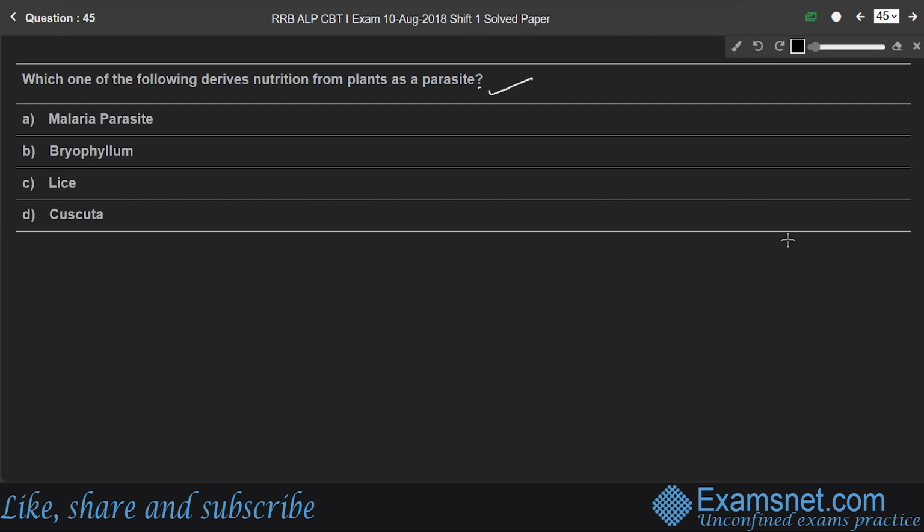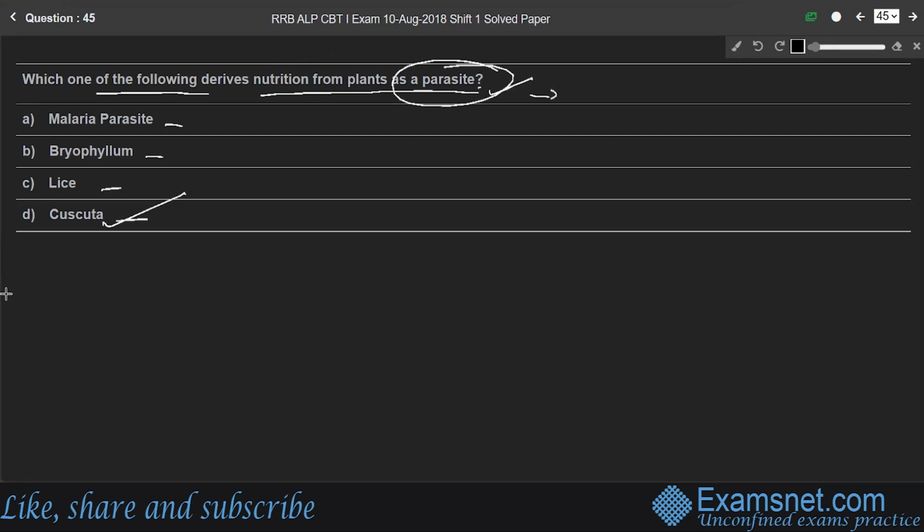Question 45. Which one of the following derives nutrition from plants as a parasite? The options are malaria parasite, bryophyllum, lice, and cuscuta. So here option D, cuscuta. It derives nutrition from plants as a parasite. So what are parasites, students? A parasite is an organism that lives on or inside other living organisms to derive their food,